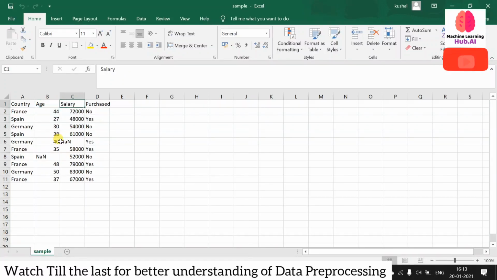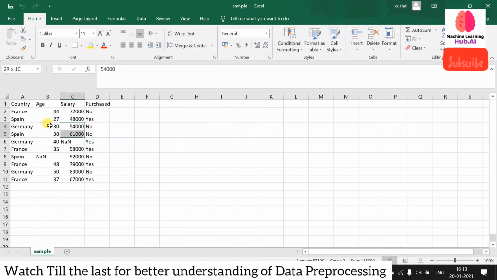So just assume that salary is your y and age is your x. Now if my age is more, then my number of years of experience will be more, so my salary value should be high. But if my age is low, then my salary should be low. That's how we can see the correlation between data. If my age is more, then my salary will be high, obviously, because I have more years of experience.